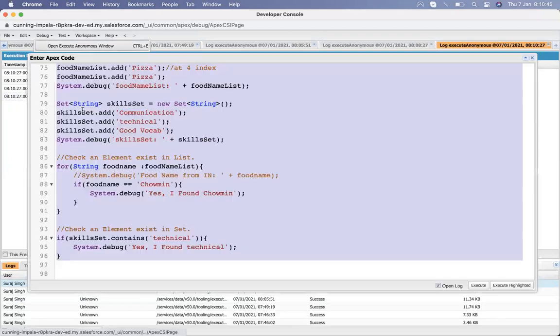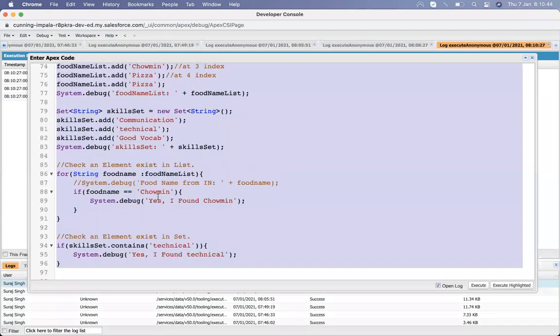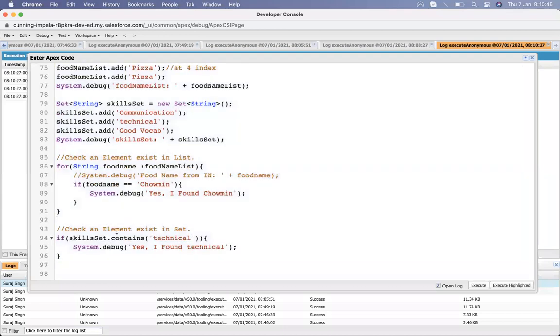So that is also an advantage while working with a set, that it helps us check whether any element exists in that set with a single line, without performing the loop operation. It reduces the CPU execution time.